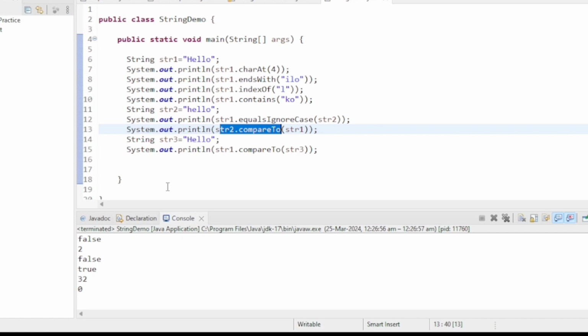In the same way we have another method also, like as we have equalsIgnoreCase, in compareTo also we have compareToIgnoreCase. Now it will just compare the strings, it won't check the capital or small letters. So now if we run it, it will give you 0, because now these two strings are totally same. Okay,